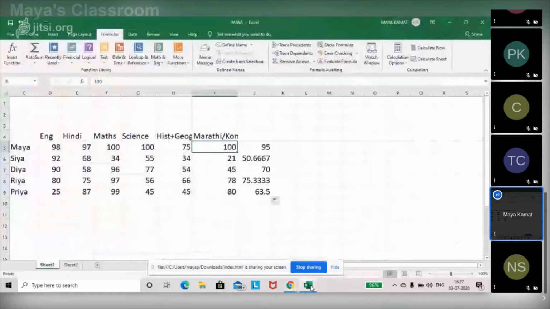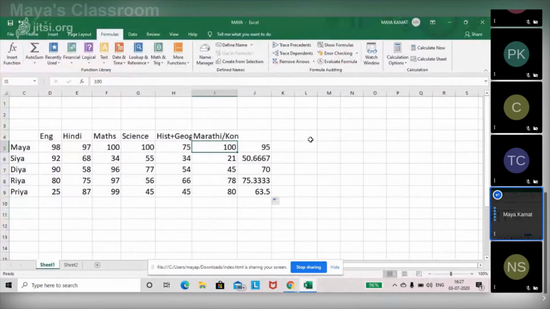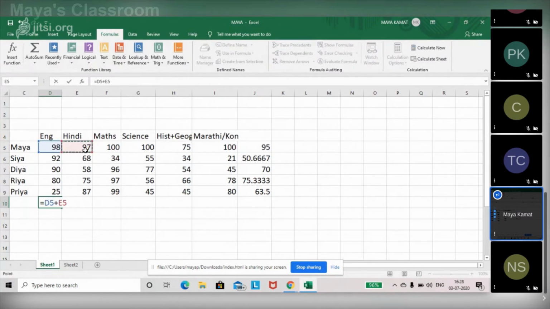See, when I say range, the first half of the formula over here is equal to the formula that you want to calculate, parenthesis open. Inside the parenthesis, what you provide is the range. If you have noticed over here, I have not put in the individual cells like the previous formula. You'll remember the previous formula wherein I had just put equal to the first cell plus the second cell and every cell addition. Do you all remember this part? Yes or no? Quick reply.